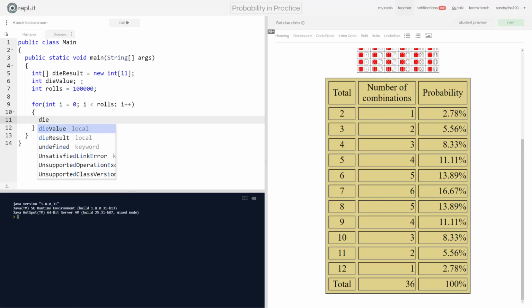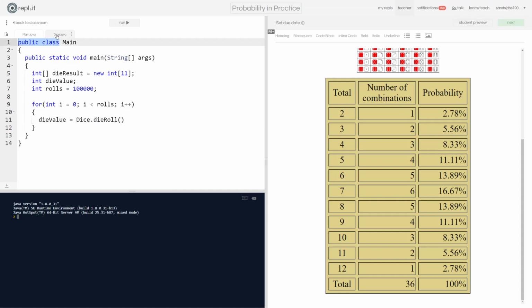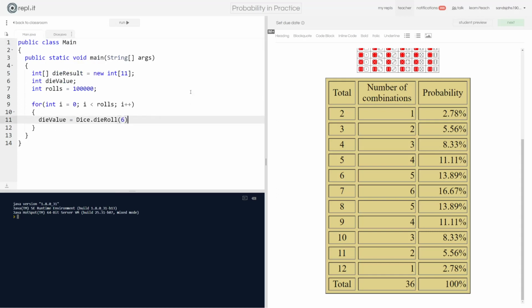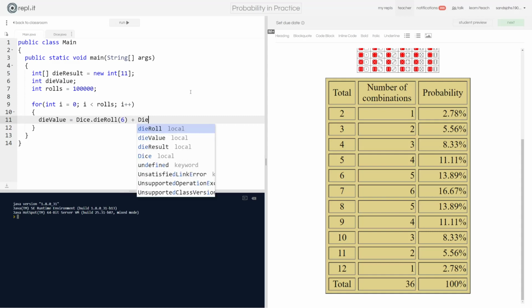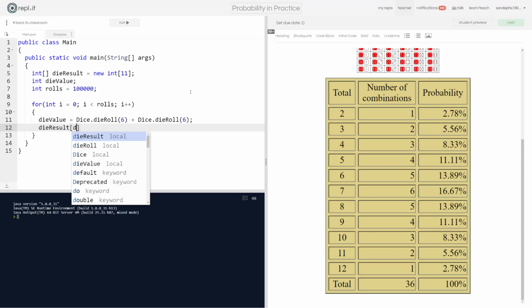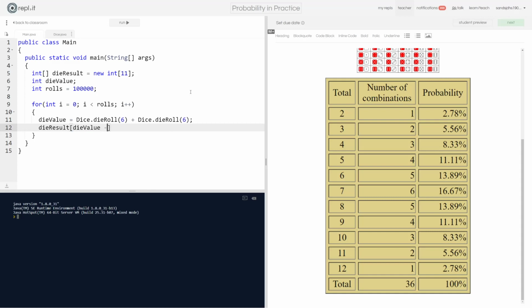And we'll say two things. Die value is equal to our dice dot die roll. I believe that's how we called it, right? Die roll. Yep. And the integer we'll give it is 6 because we want a six-sided die. Plus dice dot die roll again, 6, because we have two dice, so we have to add them together. All right. Then die result of die value minus 2